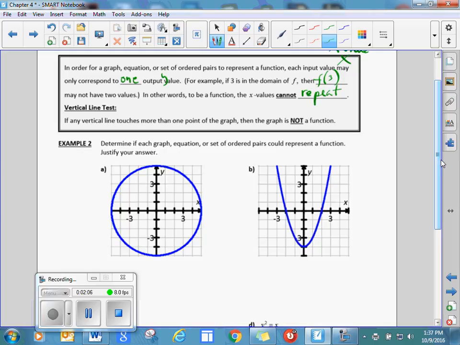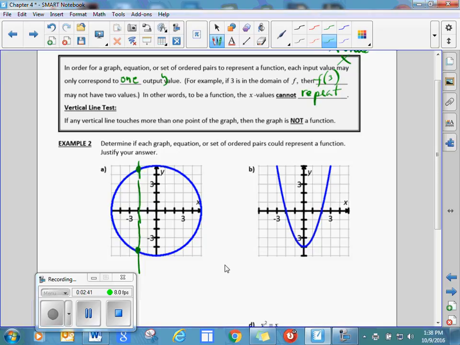So if you look at example 2a, here's a circle, and if we apply the vertical line test anywhere in the graph, if you can draw a vertical line, I'm trying to get it pretty straight here, I'm not doing a good job. Let me see if I can do a better job with that. You can see if you draw a vertical line and go directly down the point where x is equal to -2, you have intersected two